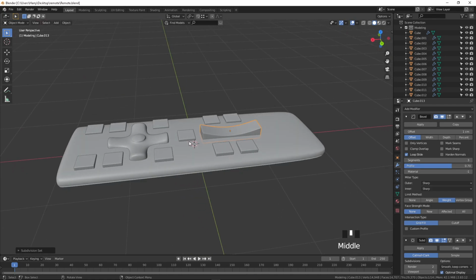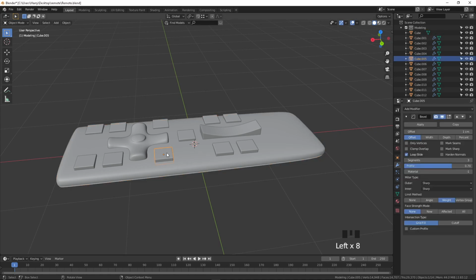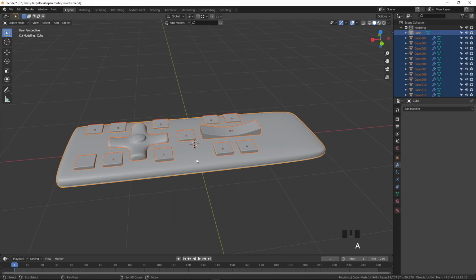Fine. Now what we are going to do is go to this remote option, go to this arrow mark, sorry, click apply. Now select this one, press A to select all.